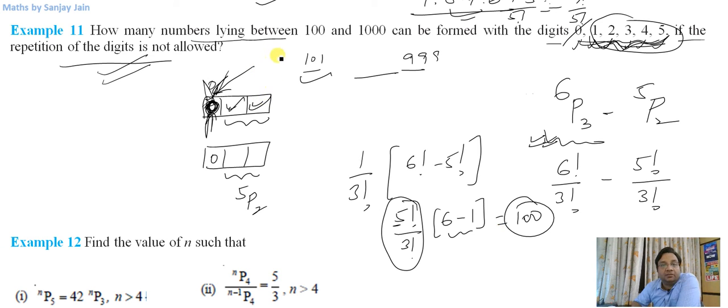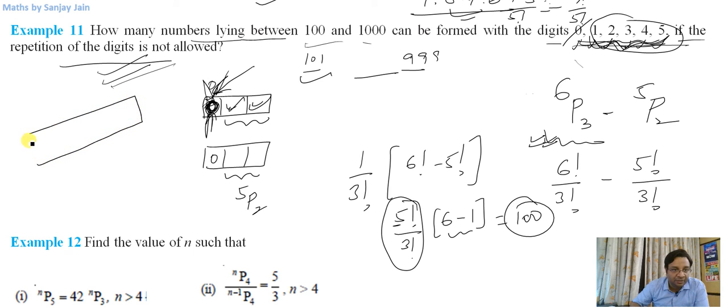Alright, so these are the numbers that lie between 100 and 1000 that can be formed using these digits, where the repetition of digits is not allowed. If we just go by the fundamental principle of counting, how can we think about this question? We have got 3 places to fill. We are looking for numbers between 100 and 1000, and we have got these digits to fill these places with. Now the first place can be filled in 5 ways. Why not 6? Because the first place cannot be filled with 0. So this can only be filled with these 5 digits. Any of these digits will be okay: 1, 2, 3, 4, 5.